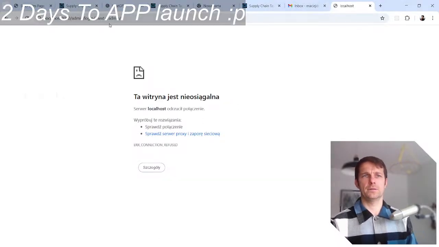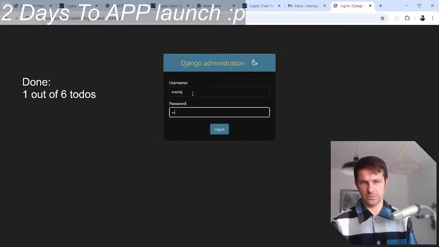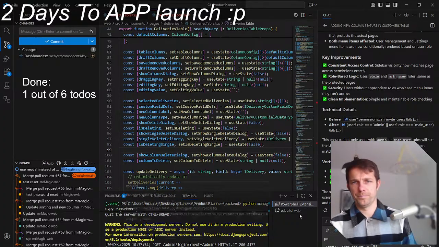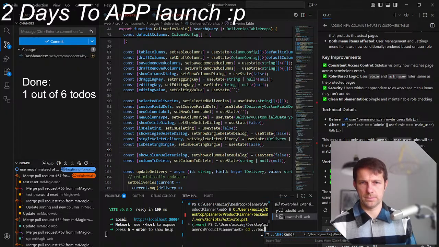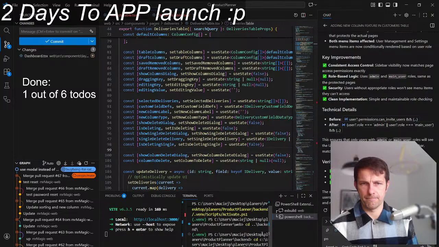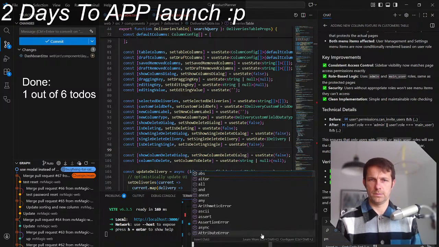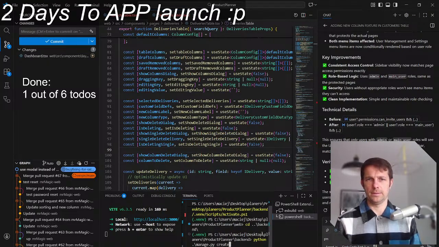Let's see. So Maciej should be a super user, or is he maybe just a guy? Okay, cd backend. Okay, python manage.py create super user.